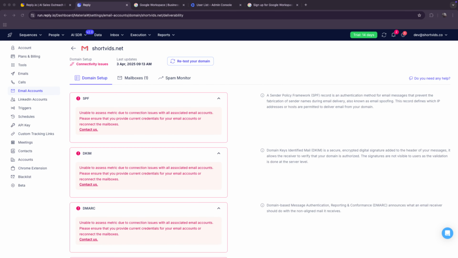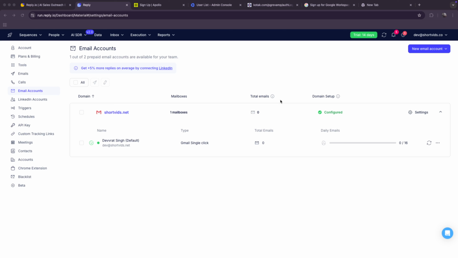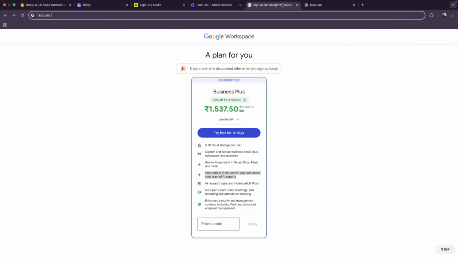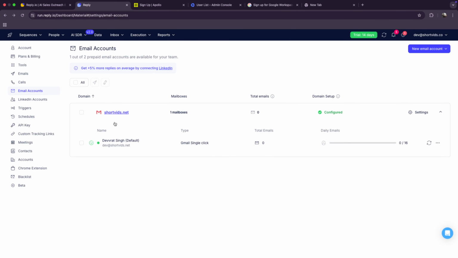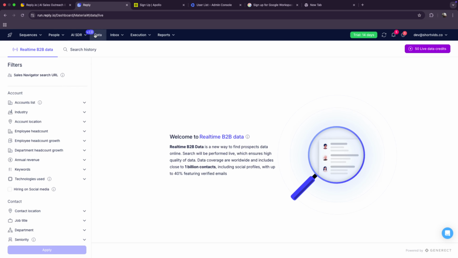Give me 1 second. So we are back in the game. I have just completed this from reply.io. My email domain setup has just been configured. It's just simple. Also, one more thing I wanted to show you: you always have to sign up not for this plan. There's actually an option to select business starter that costs you 198 rupees per month. That is the plan on which you need to sign up, not this really high pricey plan. Okay, don't do that. My domain has just been configured.